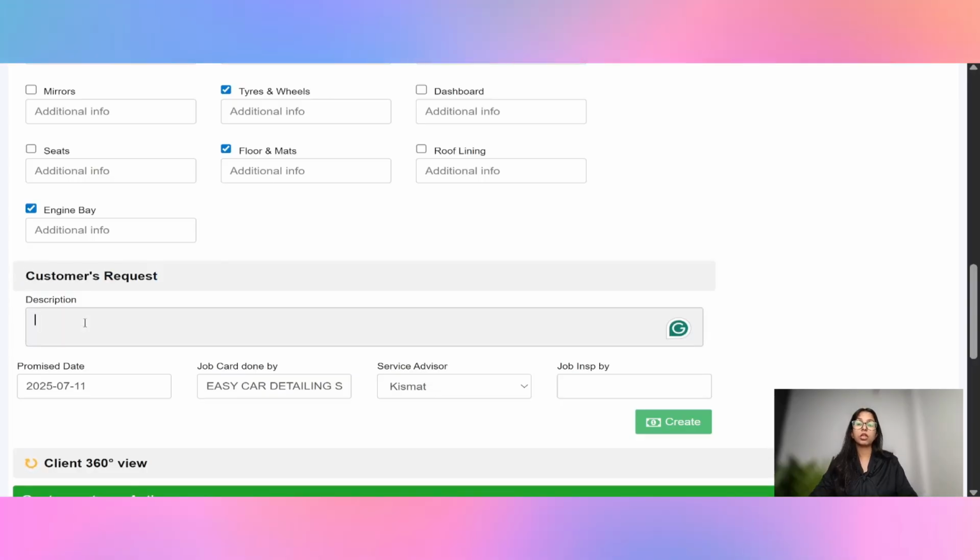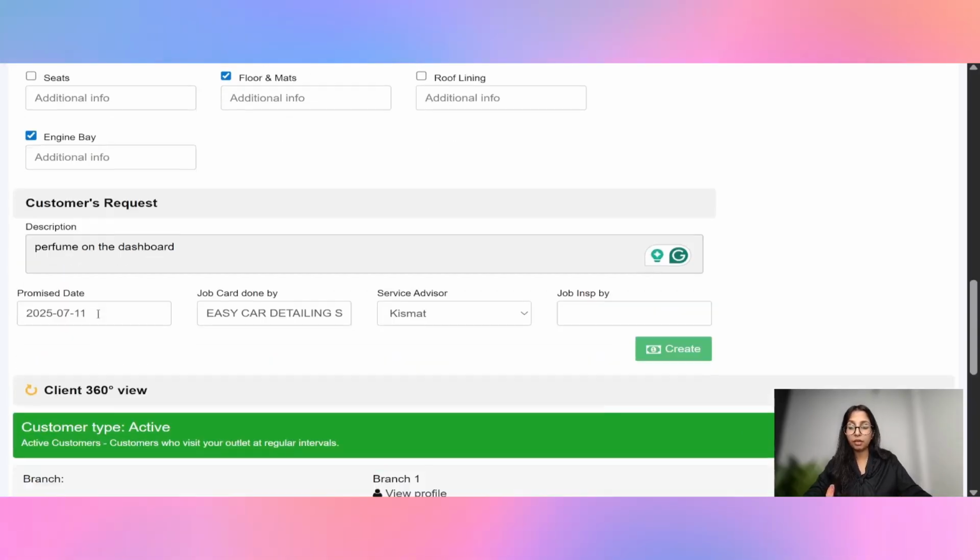As we drop down here, you will get an additional column where you can mention the client's additional requests. Let's suppose any service is being done in the interior of the automobile, people usually ask for a perfume on the dashboard. You can mention those things as well, like the perfume on the dashboard, so that your mechanic will be able to see what extra the customer has asked for as add-ons.